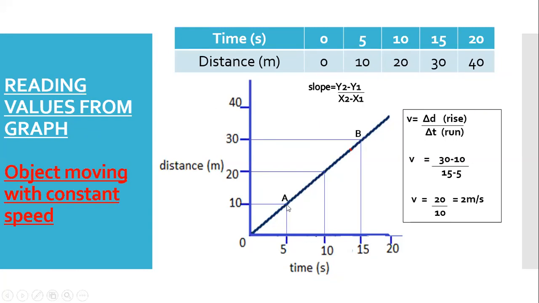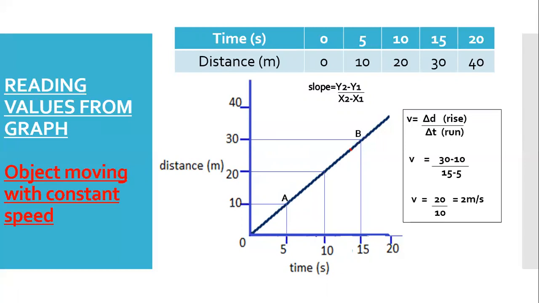So it's going to be 10 by 5, 2 meters per second. Then again, at 10 seconds, you will drop a line. Then over here, you will also observe the distance. So it's 20 by 10, it's going to be 2. And again, at this point, if you observe the speed, it's going to be 30 divided by 15, 2 meters per second. So at every point on this gradient, when you observe the speed of the object, it's constant, it's 2 meters per second, which means that the object has been covering equal distance in equal time